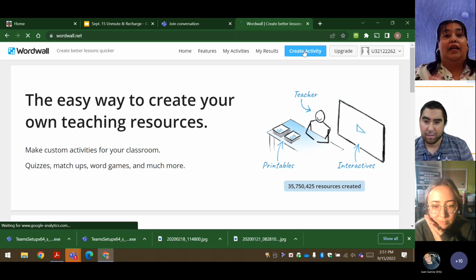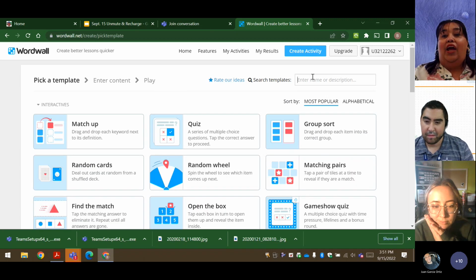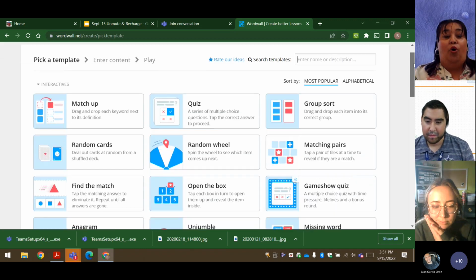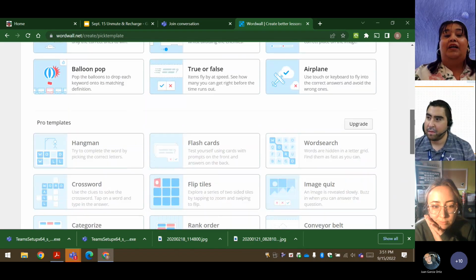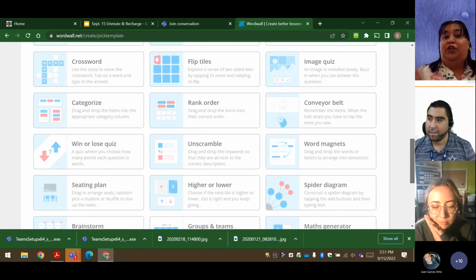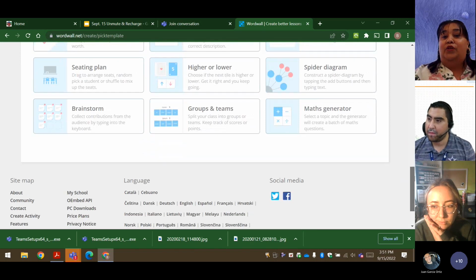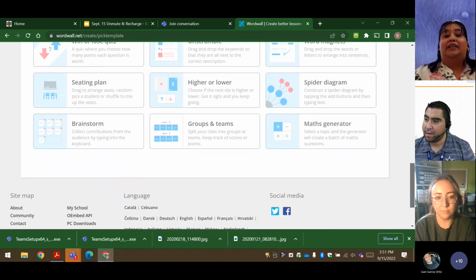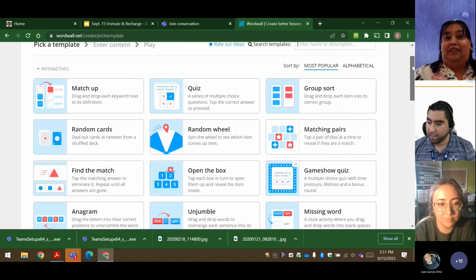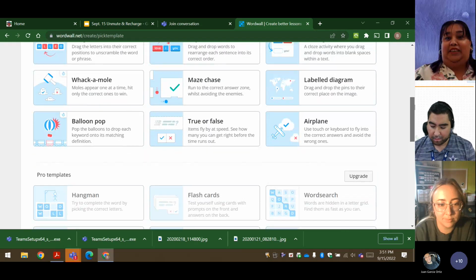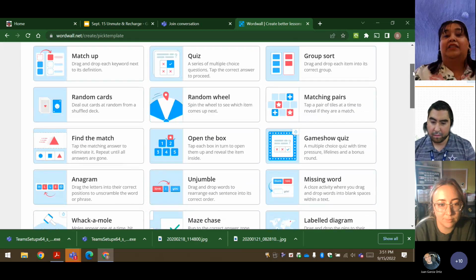So once I click on create activity, it's going to have a whole list of free activities. Then at the bottom, if you could see, they're shaded out. These are the ones you pay for, but you don't need this. If you notice, there are so many activities here. Now, what I like about this is that